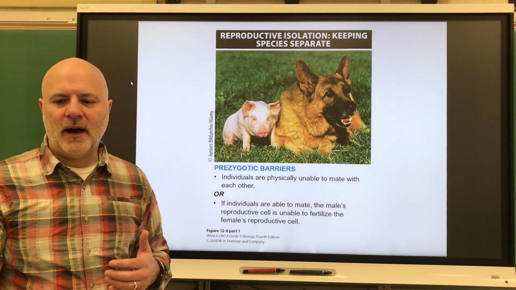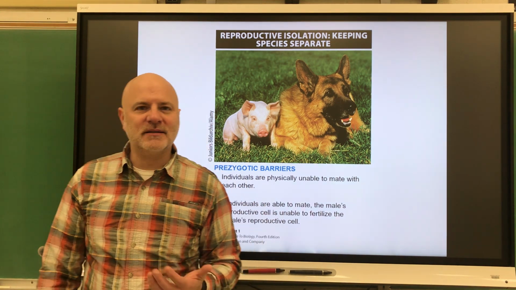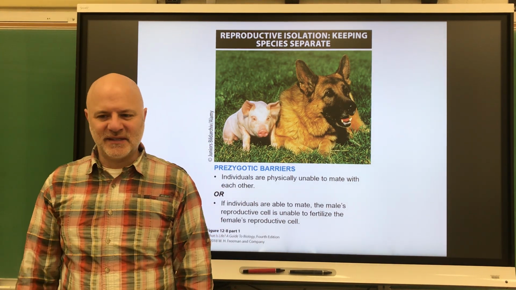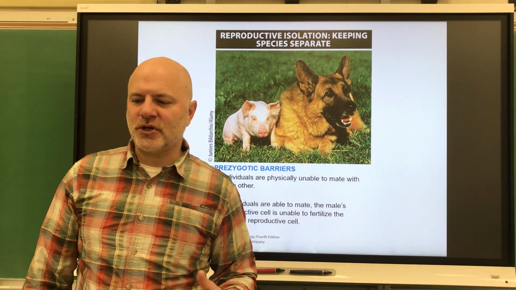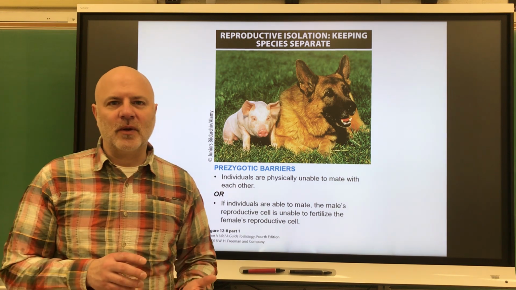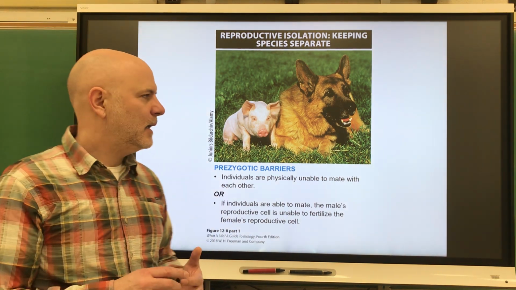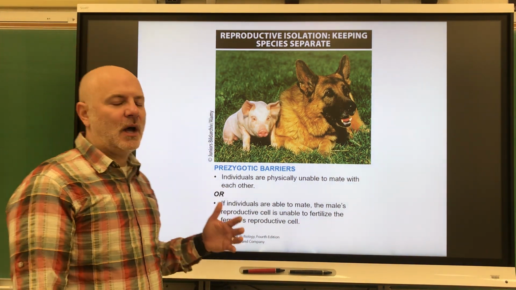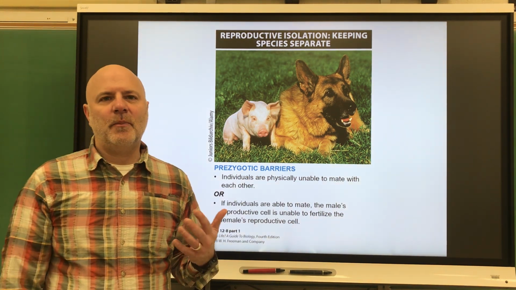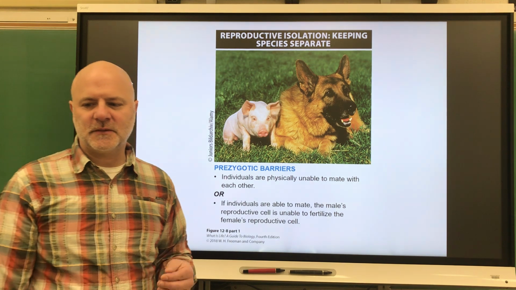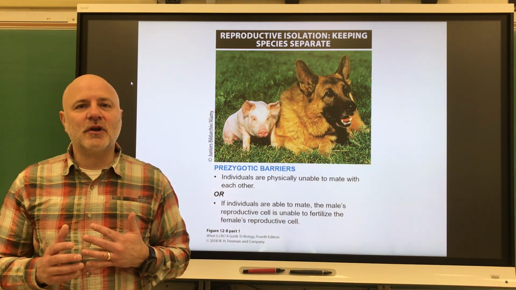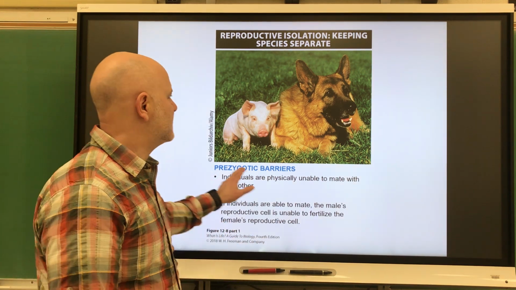let's look at reproductive isolating mechanisms, because that's really what the main key is here to what a species is. So this is any structural, functional, or behavioral characteristic that prevents successful reproduction from occurring. All right? Now, two major ways that this can occur: either through pre-mating isolating mechanisms or post-mating isolating mechanisms. So let's look at pre-mating isolating mechanisms, and these are going to prevent reproduction attempts.